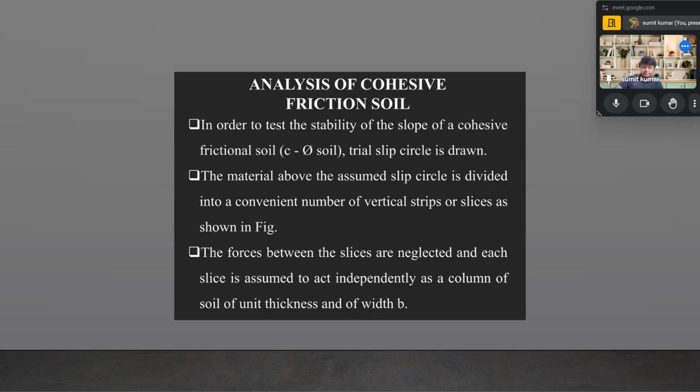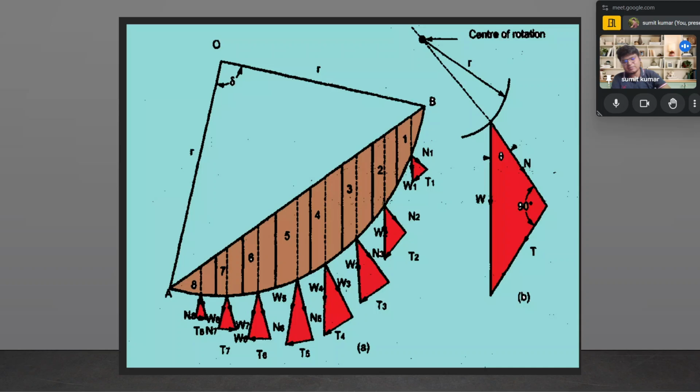In the material above the assumed slip circle, it is divided into a convenient number of vertical strips or slices as shown in the figure. The forces between the slices are neglected and each slice is assumed to act independently as a column of soil of unit thickness and of width b, as it is presented over here. 1, 2, 3, 4, 5, every section is presented, and the height at the middle section